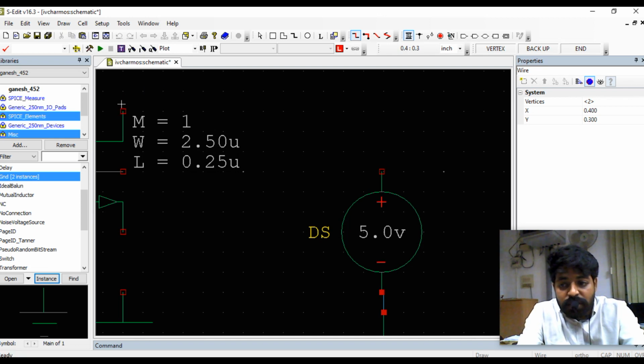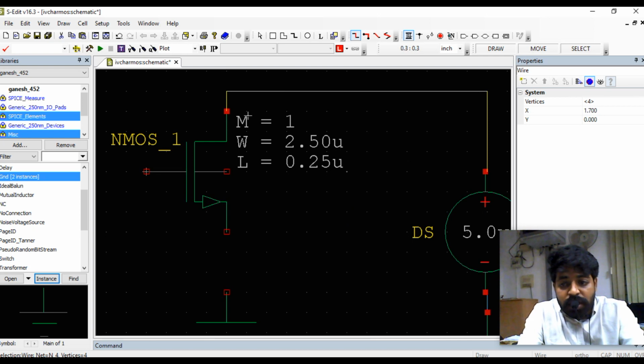One click so that the wire will be instantiated, and one click to bend the wire, and one click to terminate the wire. Yes, so this is how I do the connection between the drain terminal to the voltage source of DS. And here to here, one click and give another click so that the wiring will be between that source terminal to